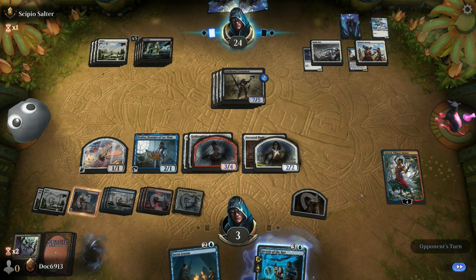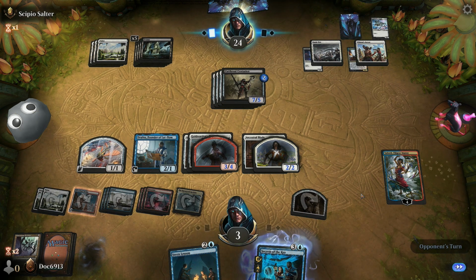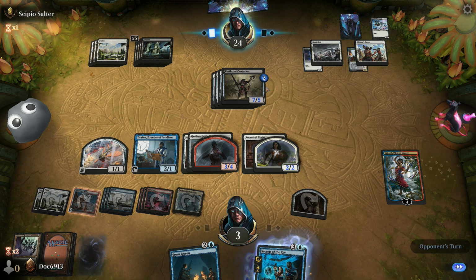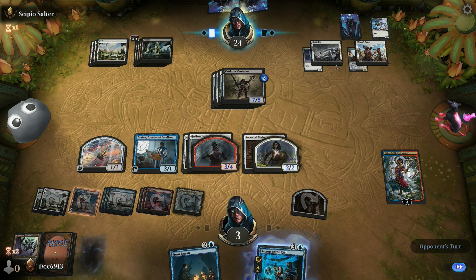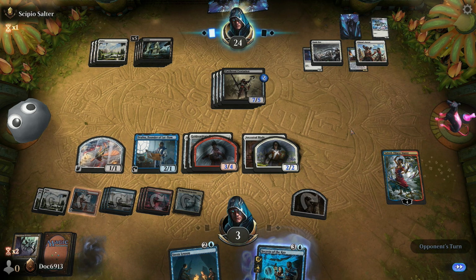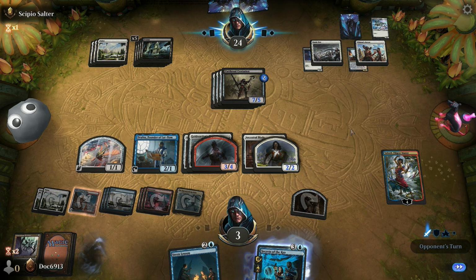I feel like that was a pretty good sequence, because now we essentially take down the Cutthroat from being able to attack. Unless, of course, they find another artifact or a creature that they can sacrifice. We can basically trade profitably here. We find a disenchant, this game's over. Well, it's not over. We still have to kill the opponent. However,